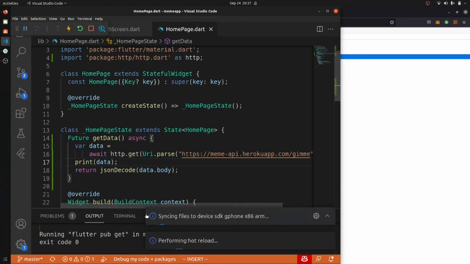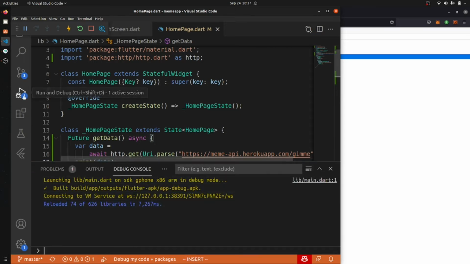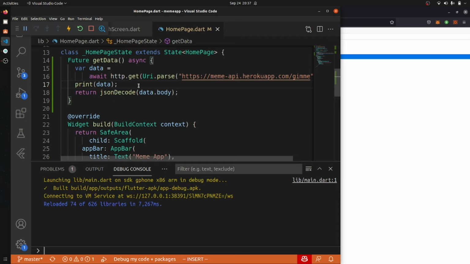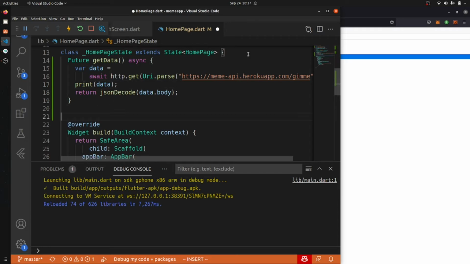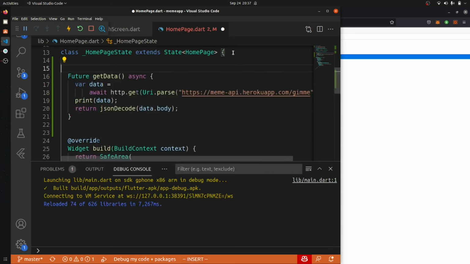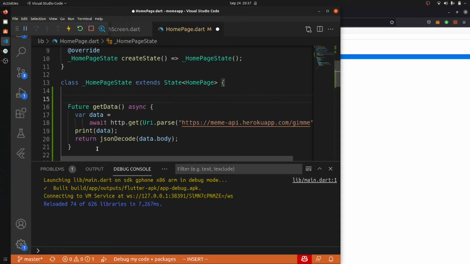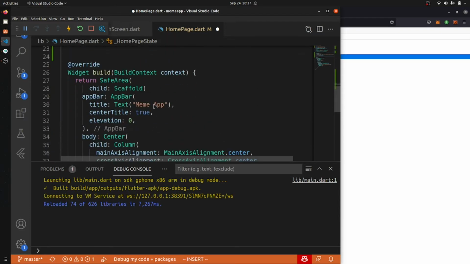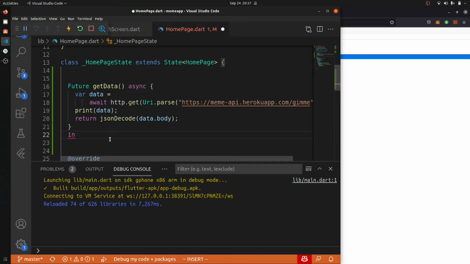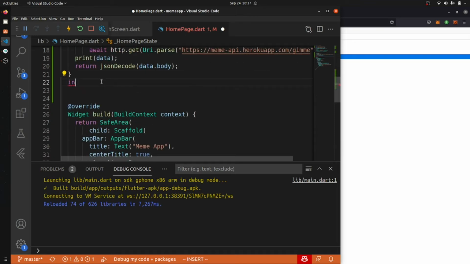So if I save it and go to my terminal, debug console, you can see that we got nothing because this is the get data. And what we will also do, on init, this is a stateful area, init state.